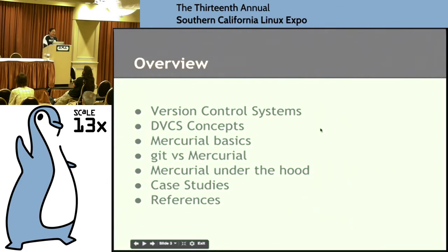The thing that I always like to talk about is Git versus Mercurial, and this is not to say that one is better than the other. It's more like I feel like the Git tool and the Mercurial tool were kind of developed with different philosophies in mind.